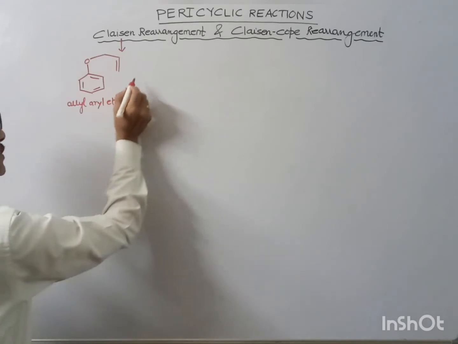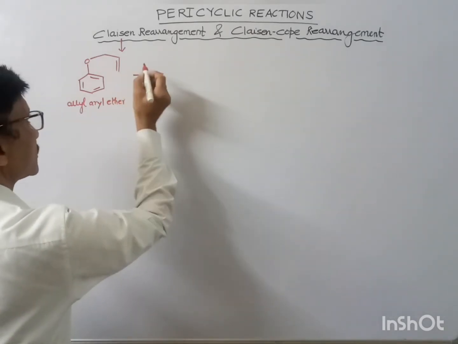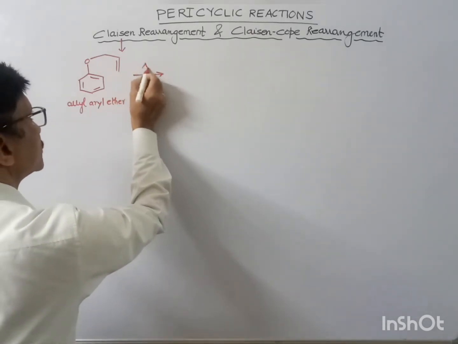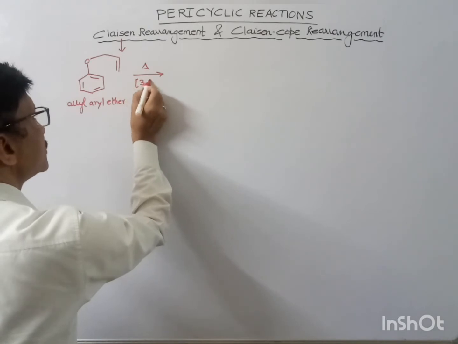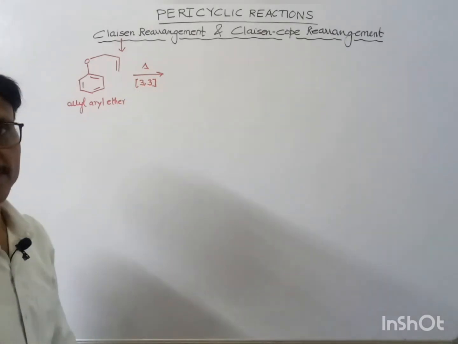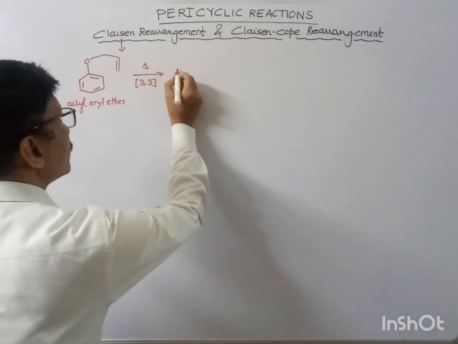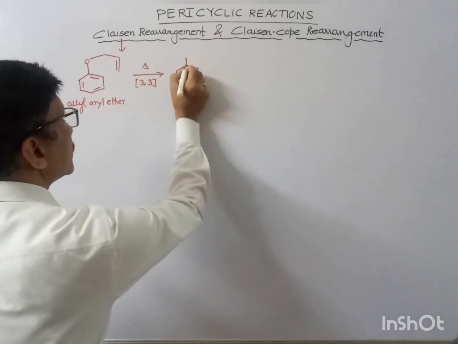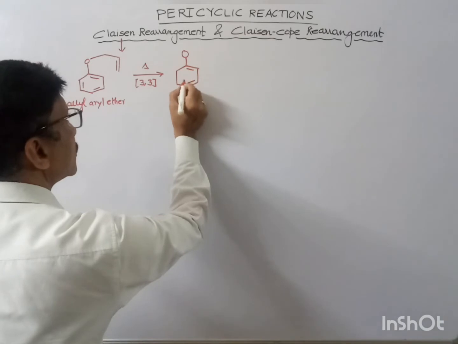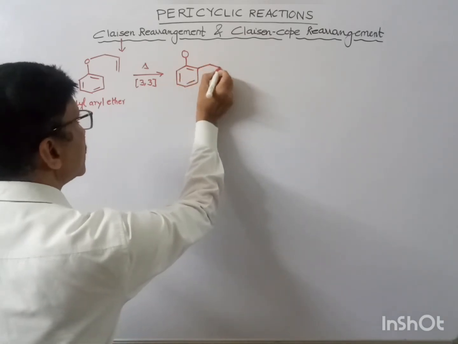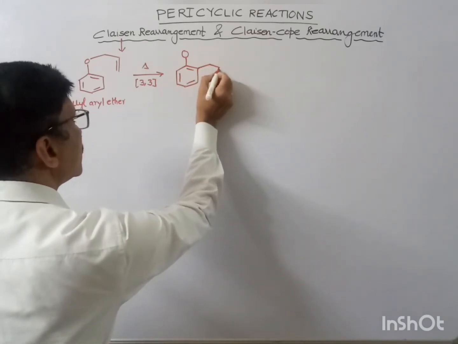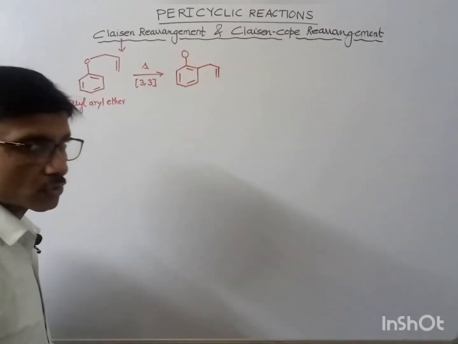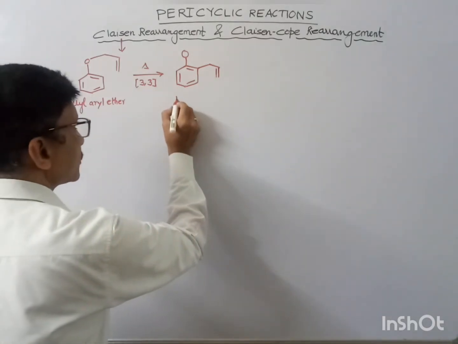Under thermal condition, a 3,3-sigmatropic shift will take place, and we get ortho-allyl phenol as the major product,